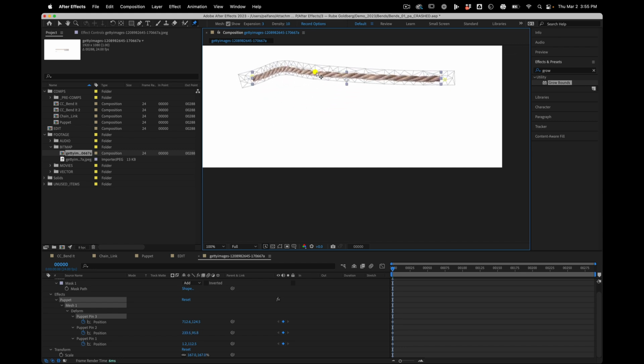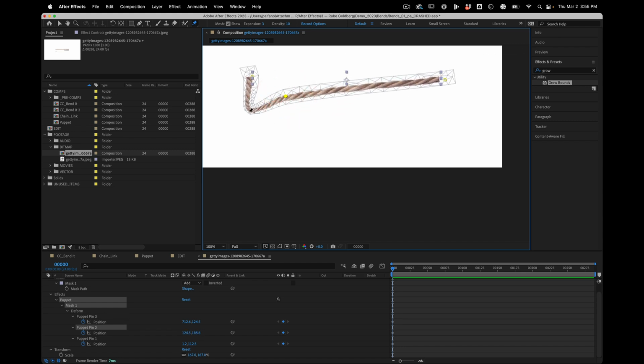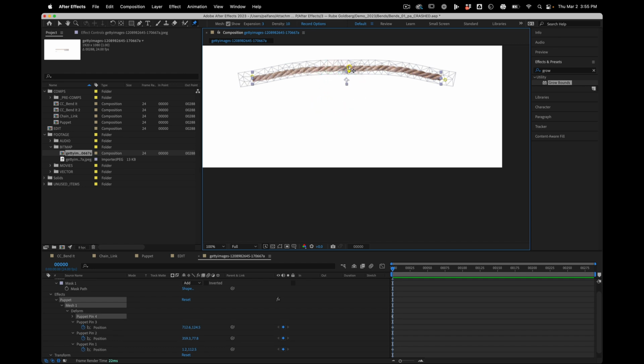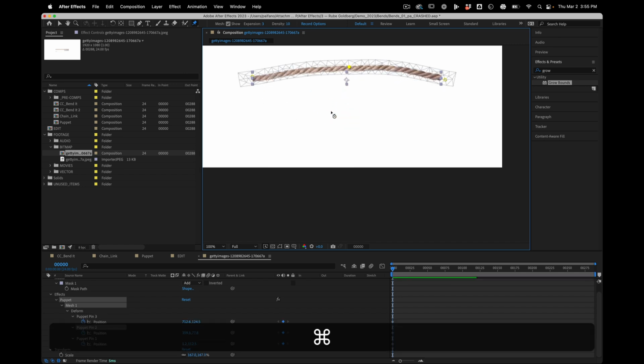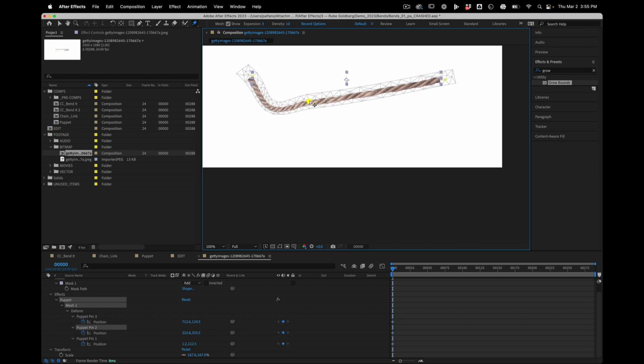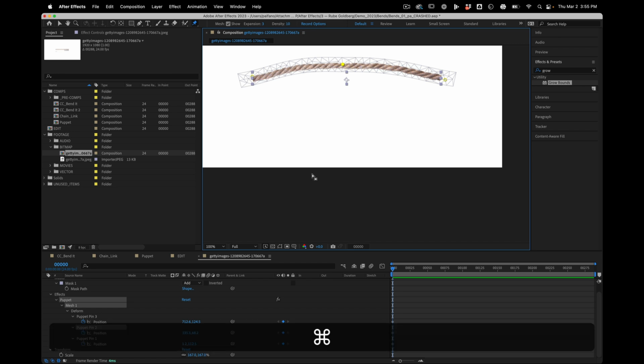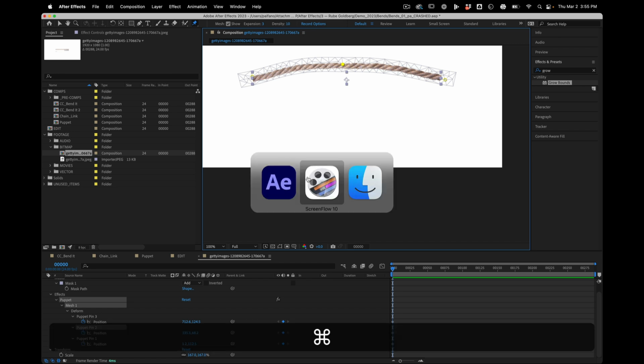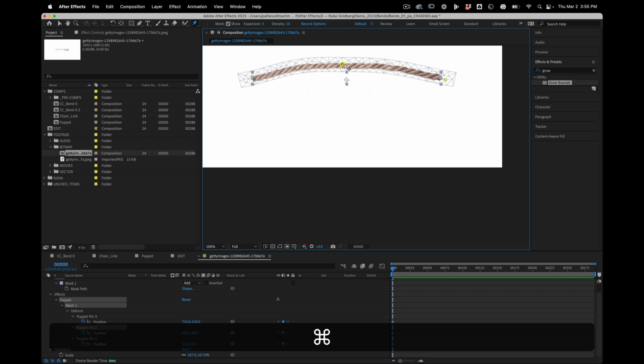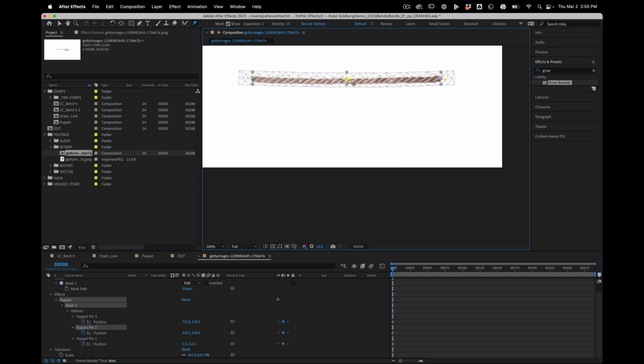Which is really powerful, but there are these distortions that come in, and then there's this meshing that it's doing, so it can be a little unwieldy, but it is an option, and maybe we can't do it with CC Bend It. We need something like this. And then there are also paid plugins. There's a plugin called Rubber Hose that lets you have a lot of powerful bend controls, but that's not free. Okay,